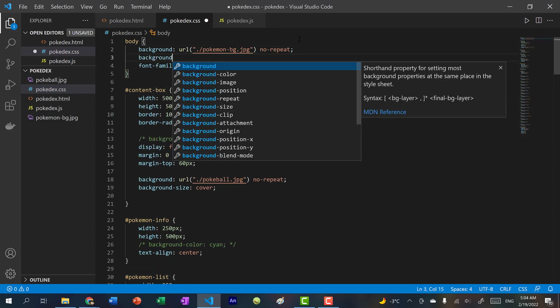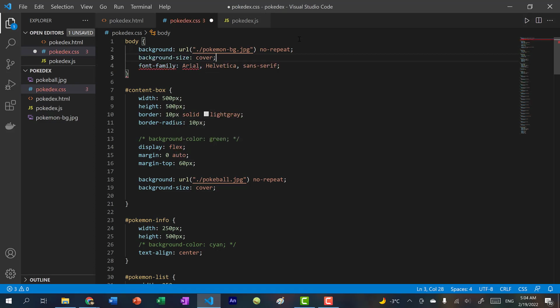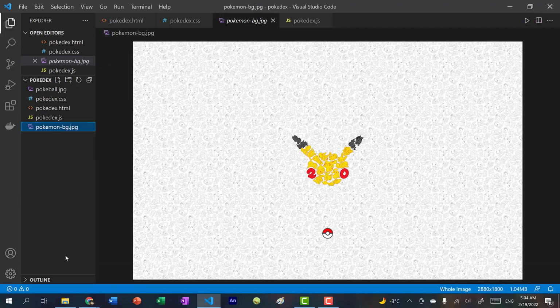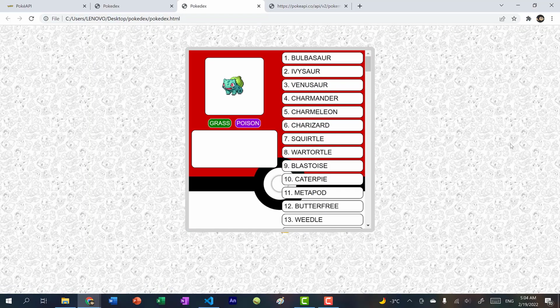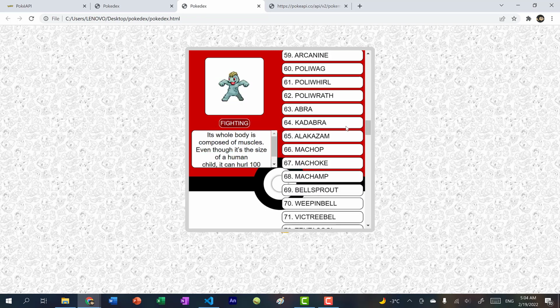And we're going to make the background size cover. Okay, so it's going to be this background. Alright, so now if I refresh, you can see we have our finished product. We have our fully scrollable Pokedex. And I can click around and you can see we have different information for our Pokemon.